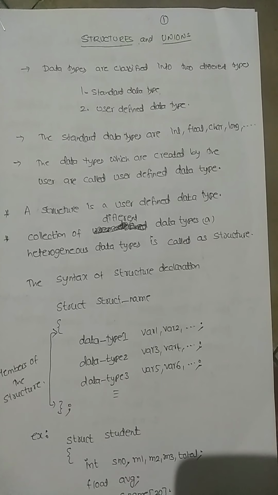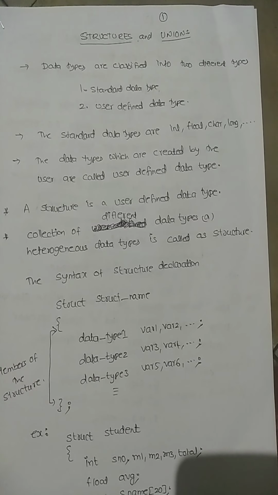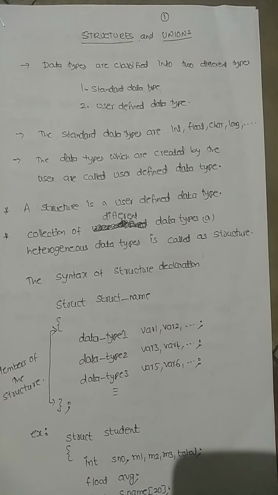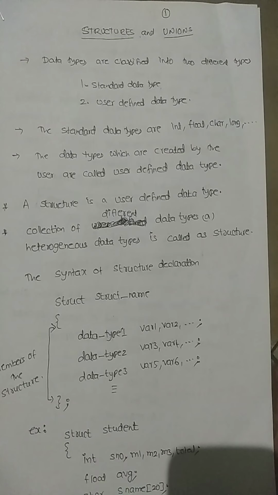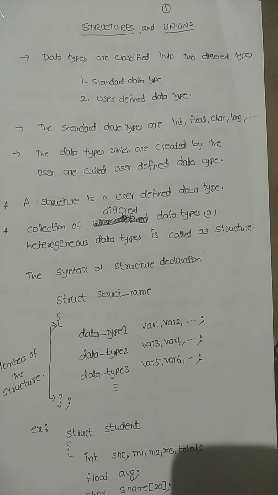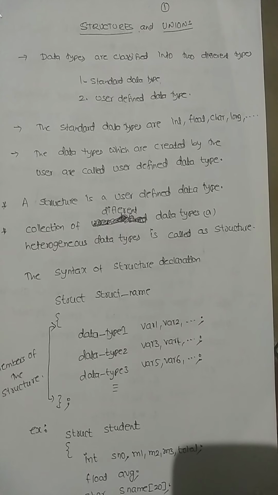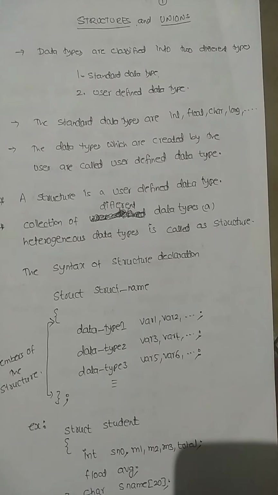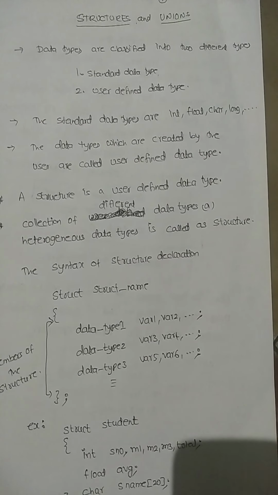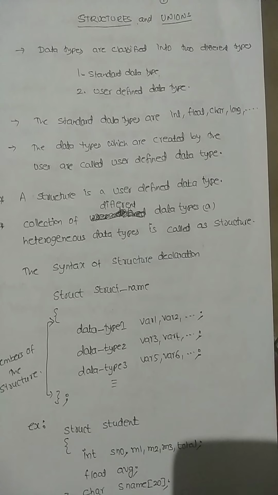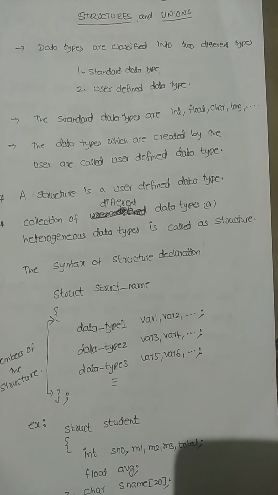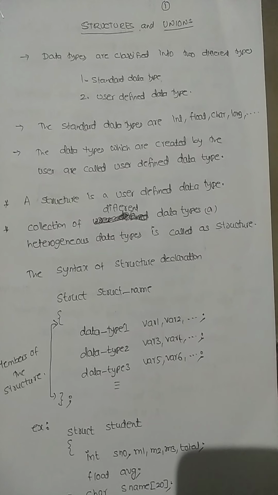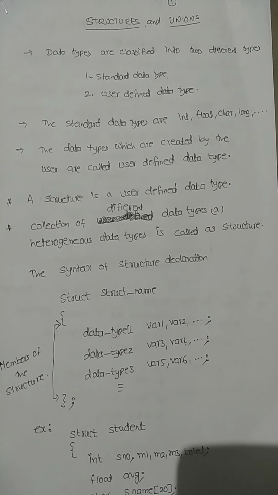In the same way, we can also create our own data type. So structure is an example of a user defined data type. Already we told that an array is a collection of similar data types. The structure is an extension of arrays, that is, a collection of different data types, or dissimilar, or heterogeneous data types. That is nothing but what we are going to call a structure.